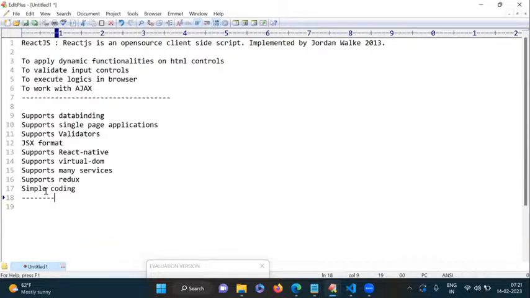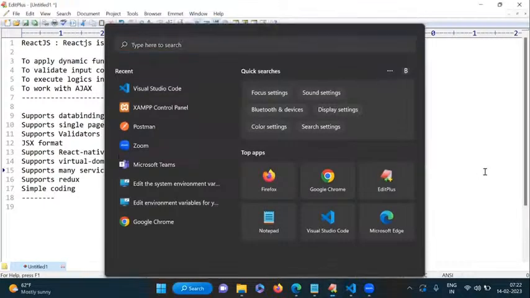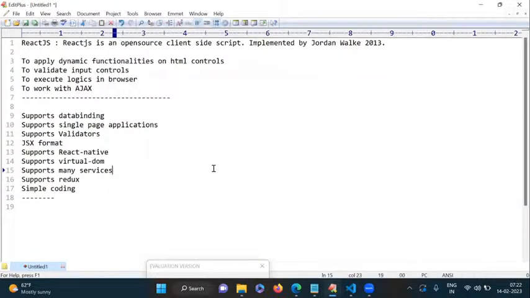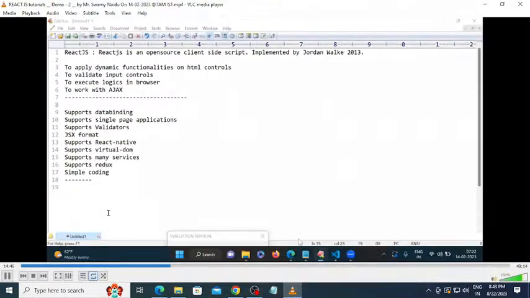If you take Angular, it is a framework. Yes, and React is a library. Can anyone tell me what is the difference between a framework and a library? Anyone have an idea? So here Java is a technology, and Java related frameworks are there. Like that, we have different types of frameworks. Now here, React JS,